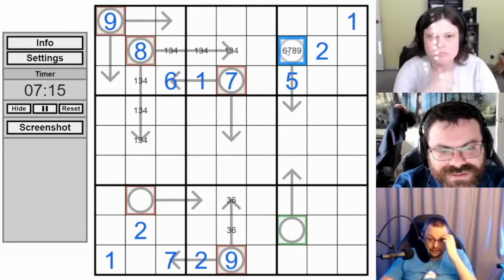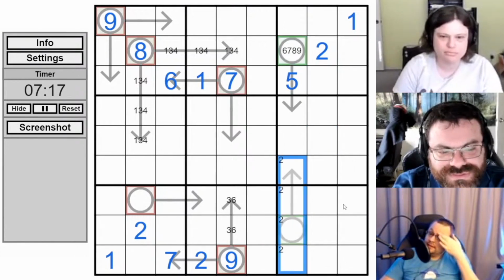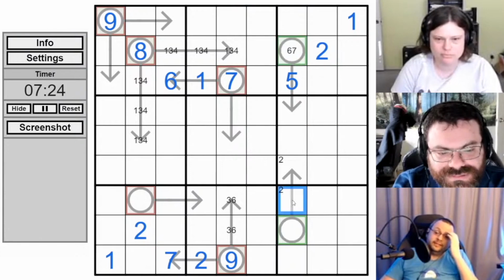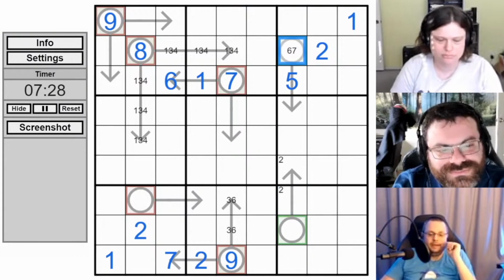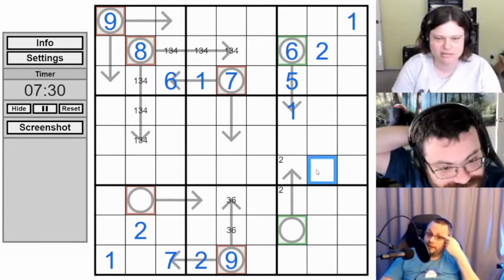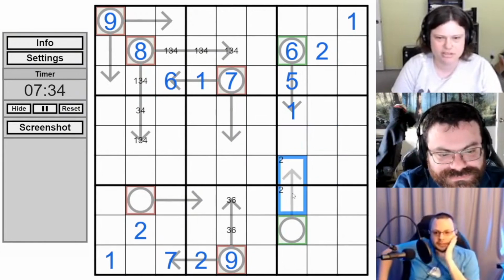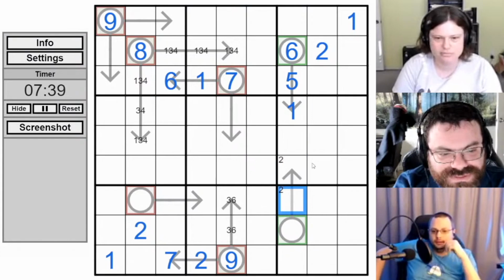It indexes where the 2 goes, so that puts a 2 here. And so because it indexes where the 2 goes, it's not an 8 or a 9, and it's not a 7. Why isn't it? Because if it was a 7, it would need a 2 on the arrow, and the 2 would not be in the right place. Oh, nice. So we get it. Which is actually a perfectly nice 2.5 difficulty deduction. It gives us the 2 in that row, the column. So that gives the 2 here.